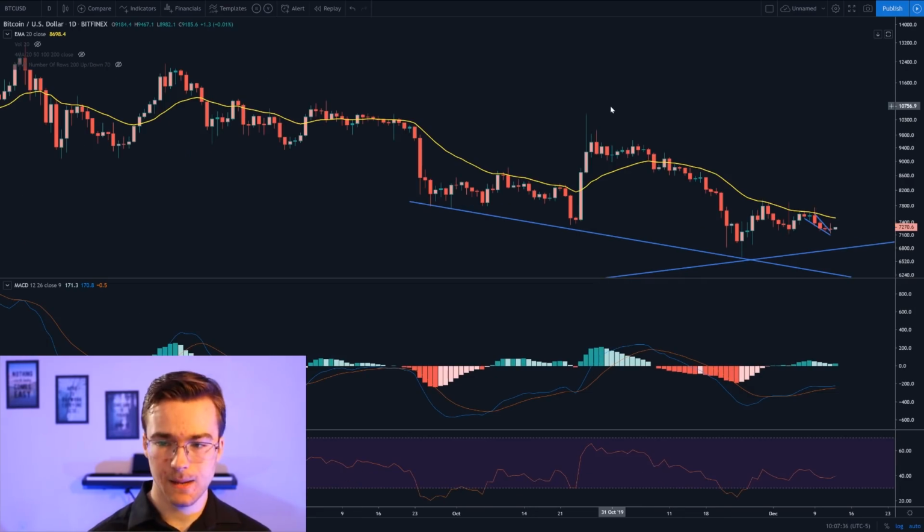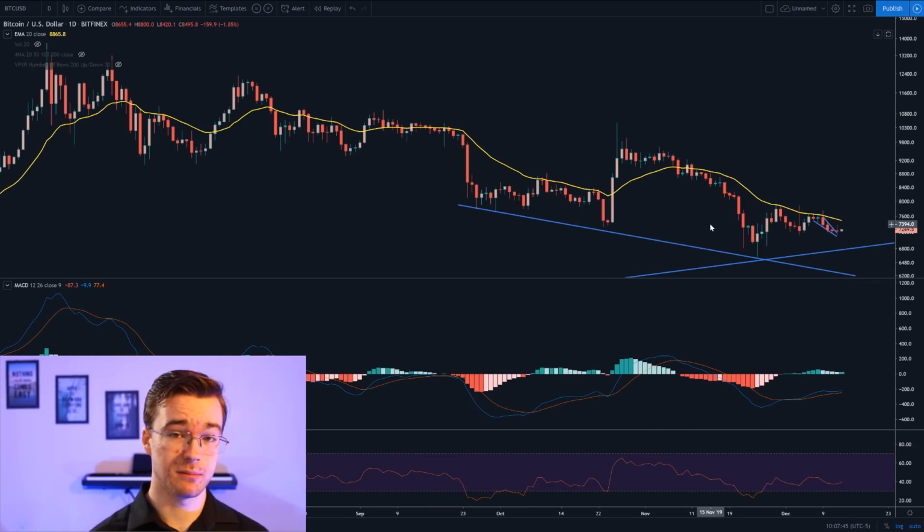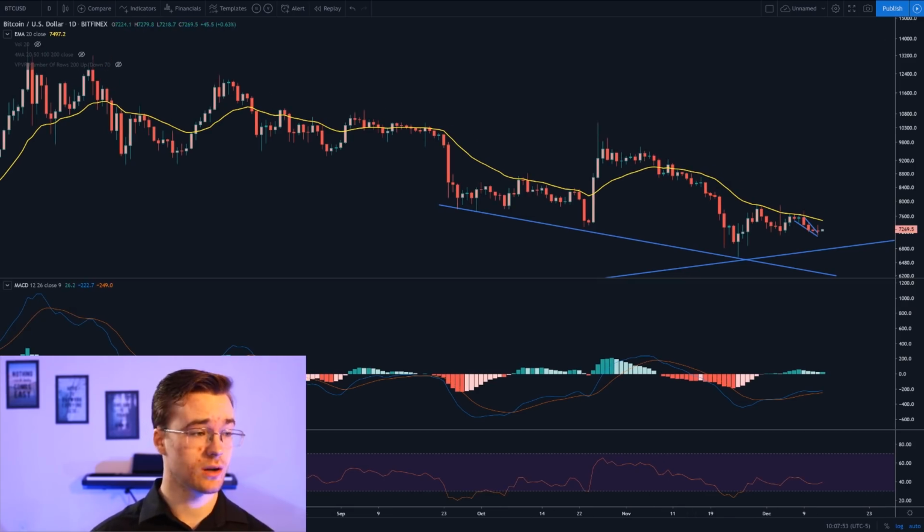Divergence can be found on any time frame, and basically with either of these two oscillators, although RSI is by far the most common oscillator that people look for divergence on. In fact, if it was just MACD divergence, I probably wouldn't even be making this video. But I do want you to understand that it can show up on any time frame, and it can show up between both of these oscillators, and it's not just the lows, it also has to do with the highs,